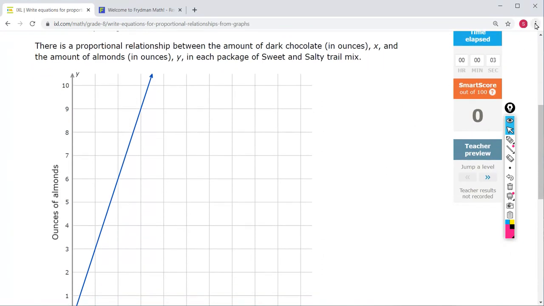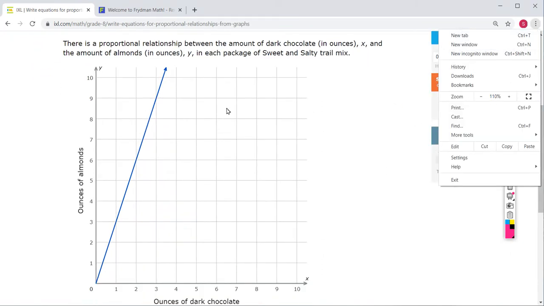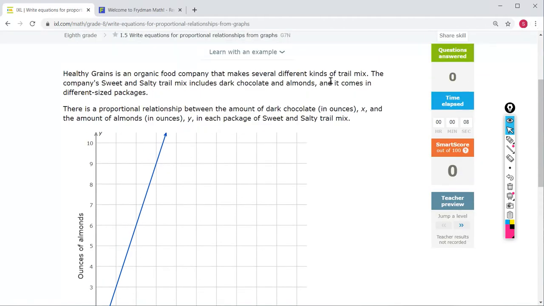Okay, let me make this smaller. All right, so I'll read this. I'm not going to read the story for every single exercise, but I'll read it for the first one. Healthy Grains is an organic food company that makes several different kinds of trail mix. The company's sweet and salty trail mix includes dark chocolate and almonds. That sounds tasty. And it comes in different sized packages. There is a proportional relationship between the amount of dark chocolate in ounces X and the amount of almonds in